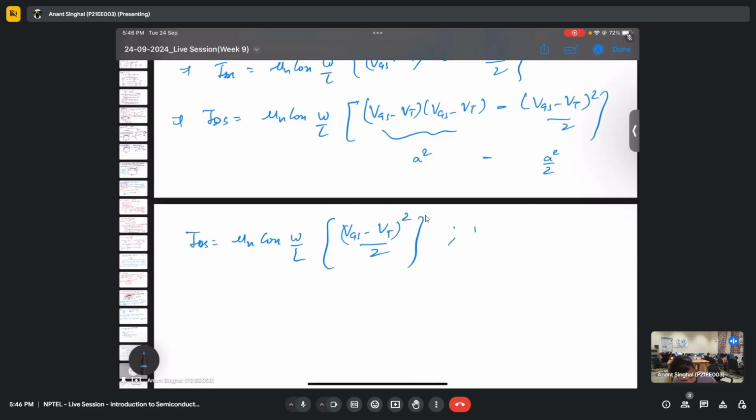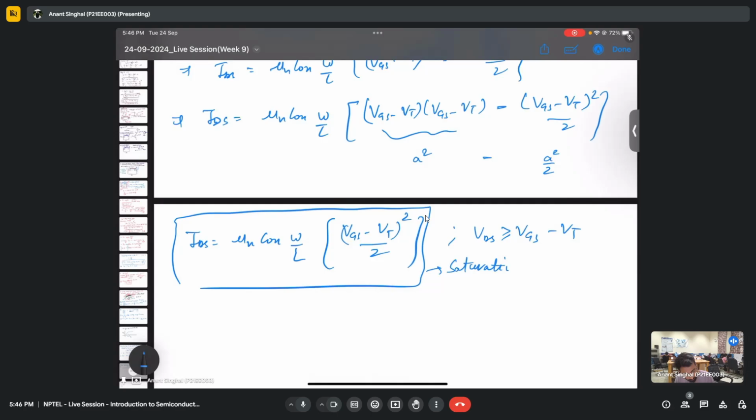So this is the derivation for the saturation region now. The previous one was the linear region. In the linear region, the MOSFET was acting like a resistor, and in the saturation region, it is acting like a current source, which is controlled by the gate voltage. So if I write the whole summary together, what we have is IDS,